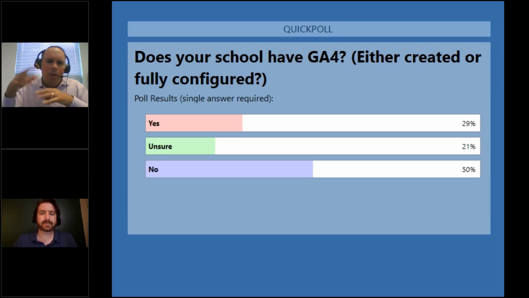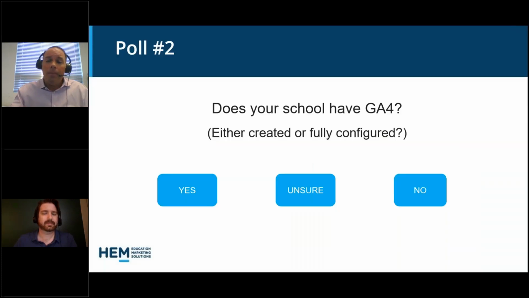So interestingly, earlier in the first question, many of you go into GA on a regular basis, but only about 30% of you are sure that you have a GA4 property that's configured or at least exists. And having it exist is the beginning of having the data accruing in the report. So that's the first step. My colleague will talk about some of the configuration elements and also some of the reporting and insights you can draw from that. So thank you for sharing that pulse. It gives us a good idea. And Alex, I'll leave the floor over to you.